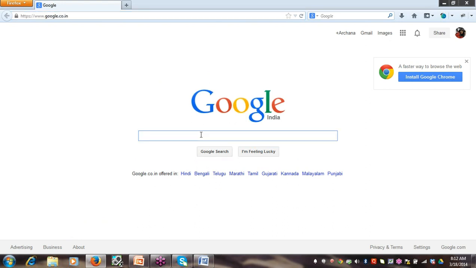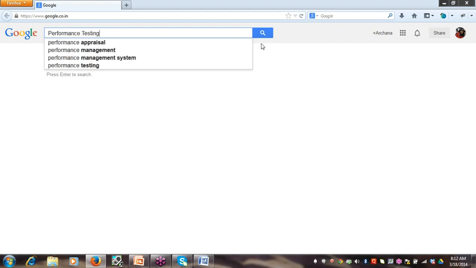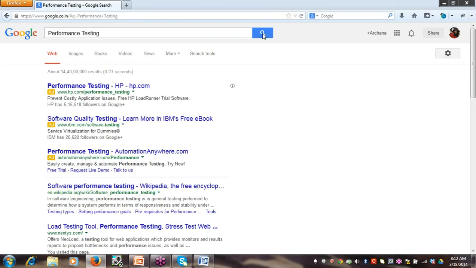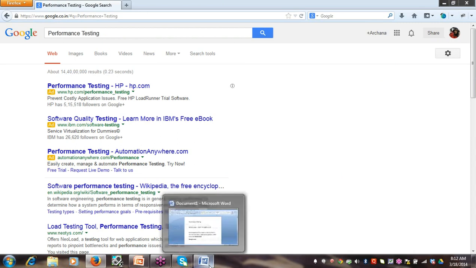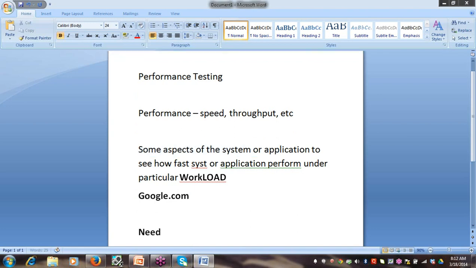So suppose I search performance testing and I click on the search button. I get this result or output immediately. So we need to measure some of the critical functionality, you can say.